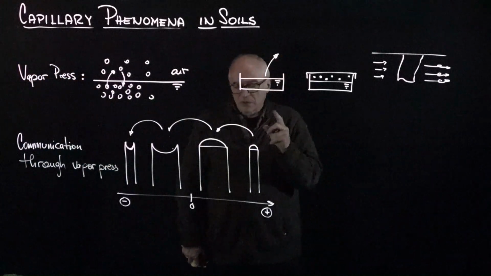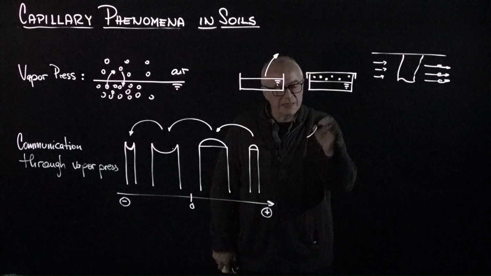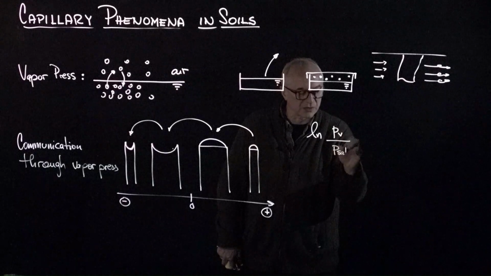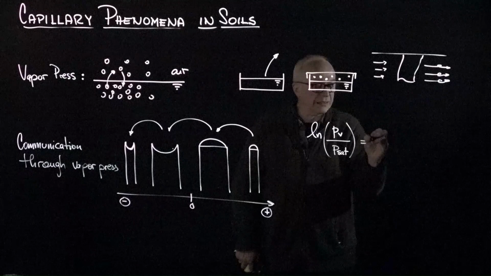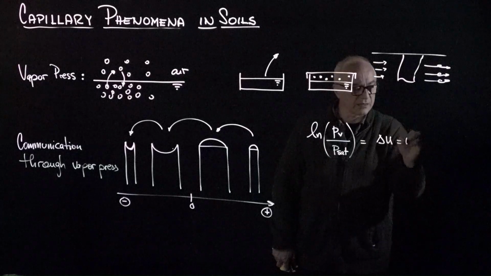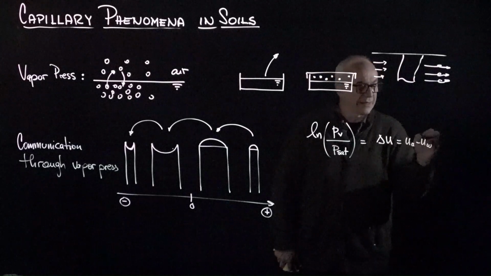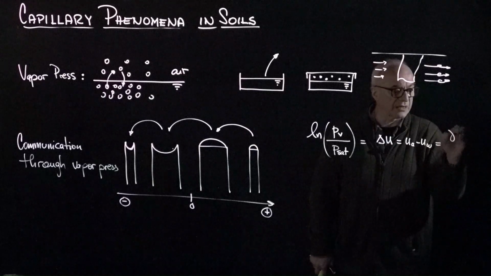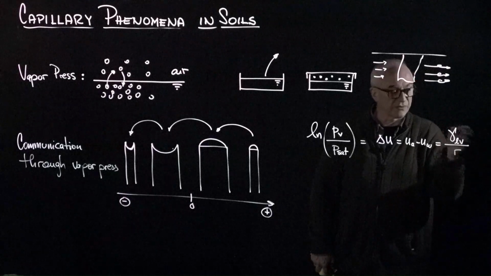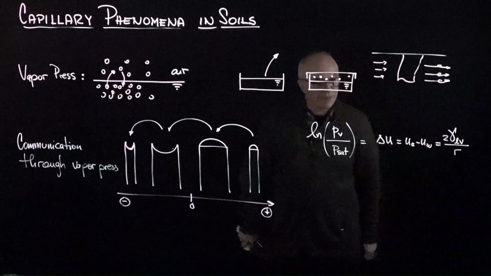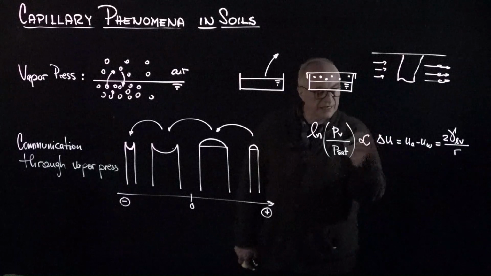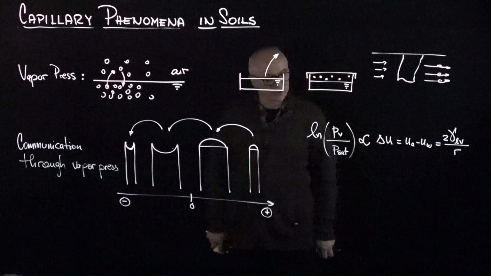In fact, there is a relationship that connects the vapor pressure to the vapor pressure under saturated conditions at equilibrium, to the capillary pressure, which we call delta U, which is U air minus U water, which by Laplace is equal to the liquid-vapor interfacial tension over the radius. In fact, it would be 2 over the radius. And so this is actually a proportionality,